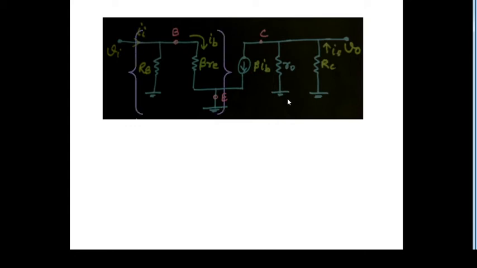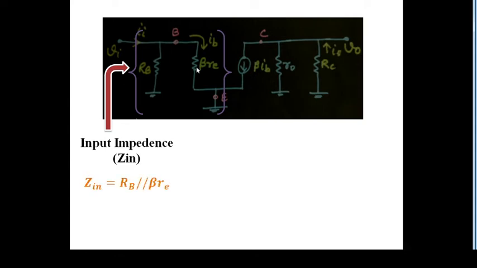Okay, so this one gives the input impedance. For input impedance, RB parallel with beta times RE. So this one is our input impedance, say Zin, and Zin is nothing but simply RB parallel with beta RE, because we are looking for the input impedance from the input side. So there are two resistances, RB and beta RE, and both are in parallel. So we have to write RB parallel with beta RE. So you can easily find it as RB times beta RE by RB plus beta RE.